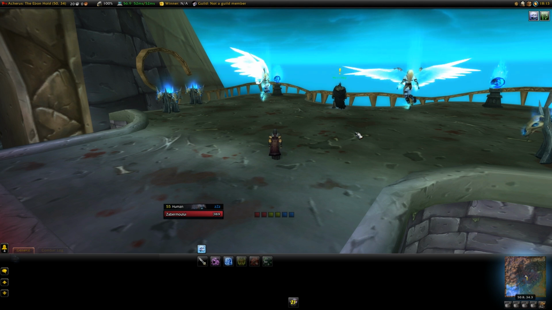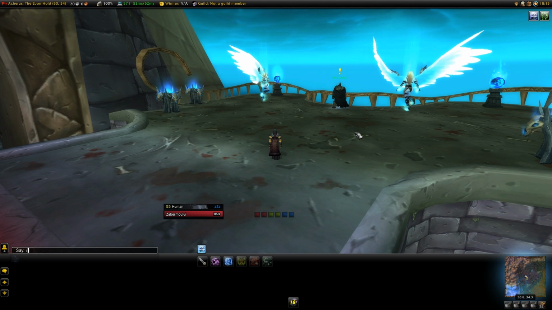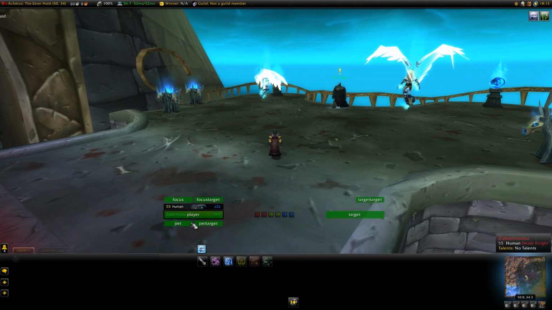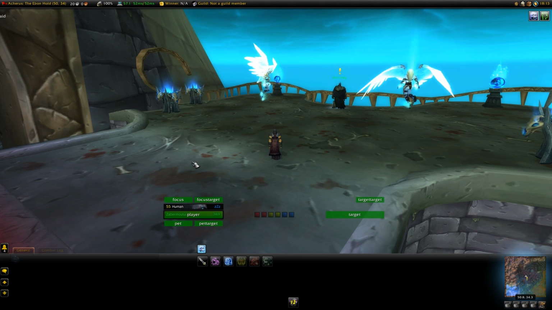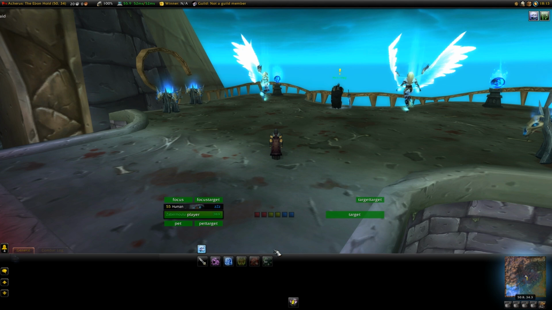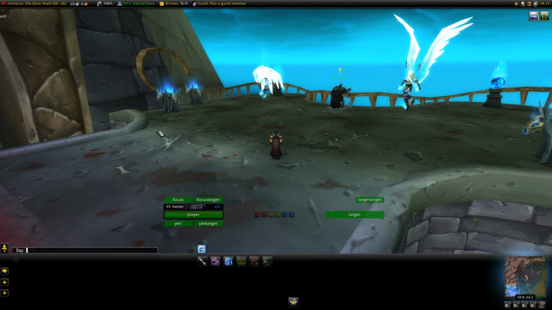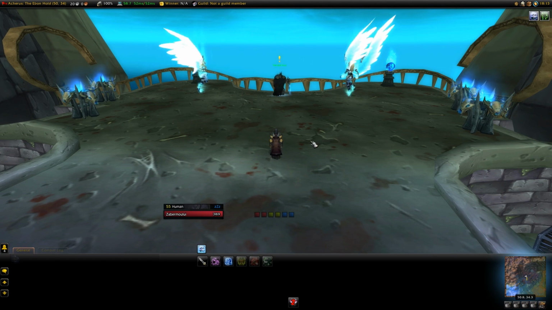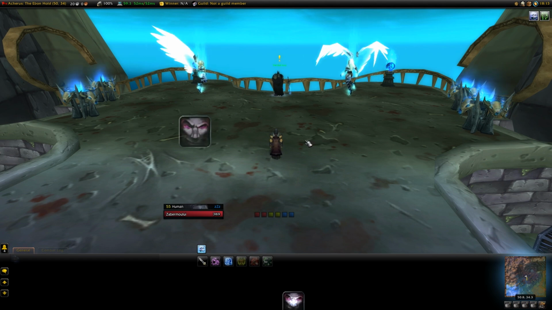Actually, about OUF Movable Frames and all that stuff, you can do a /OMF. Just make sure you can move stuff around if you don't want it placed the way I have it. And in case your raid frames all of a sudden pop up down here or something, then you can just do a /OMF and then move it around. But I will not be updating the UI. I will not be making a new UI pack